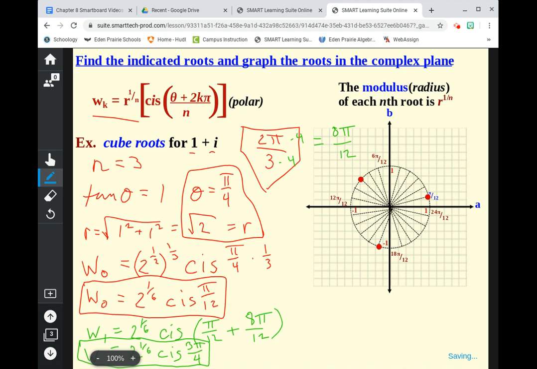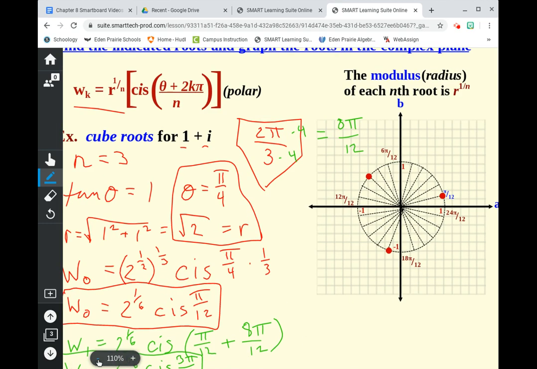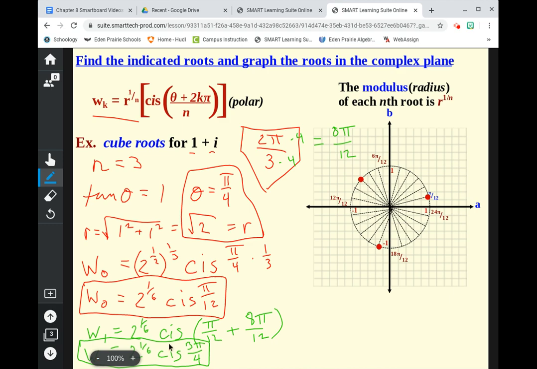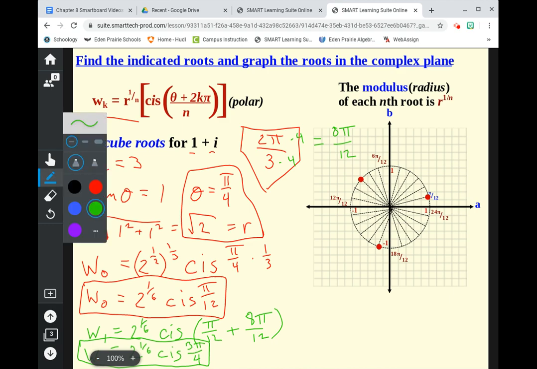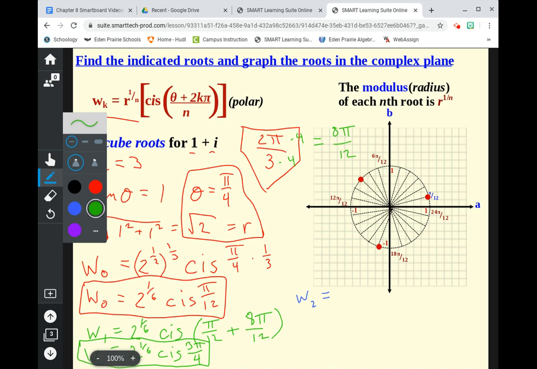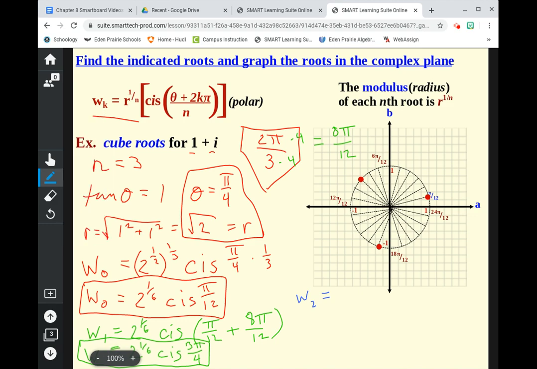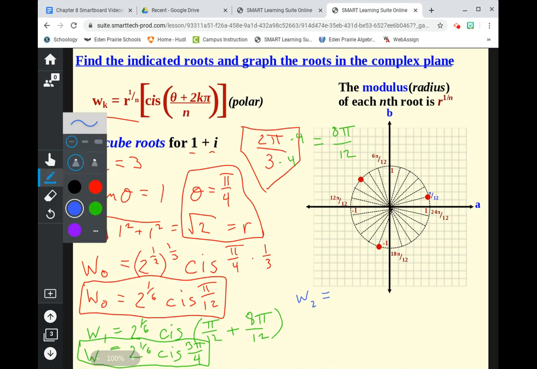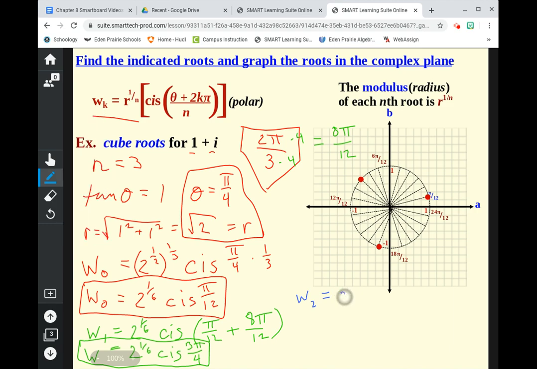And finally, we'll go ahead and find W sub 2. That'll be the last one. W sub 2 equals, still we have 2 to the 1/6 power. I forgot the equal sign there. W sub 2 still equals 2 to the 1/6 power